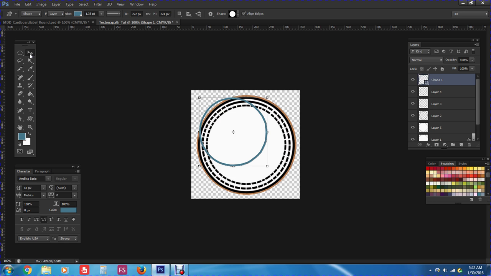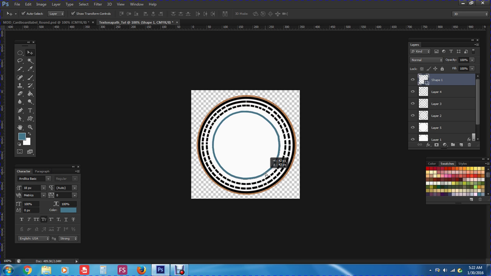Click up here. Alright, click right here. You want to position it somewhere right there in the middle, but okay, I'm gonna just go like this. Okay, now